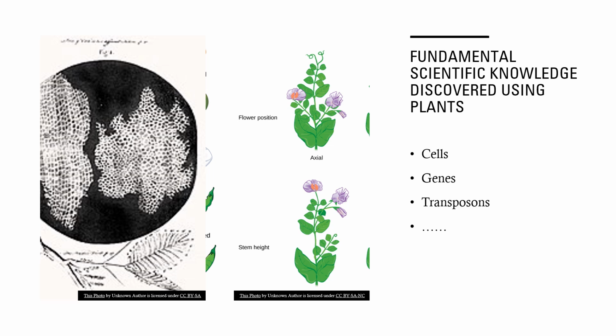So in the images shown here, you can see on the left hand side one of the first images ever taken using a microscope, and these were of cork cambial cells, and the way these looked actually gave rise to the name cell by analogizing with the living quarters of monks, but also cell theory. And in the central region, you can actually see the experiments carried out by Mendel on peas, which led to the discovery of genes.